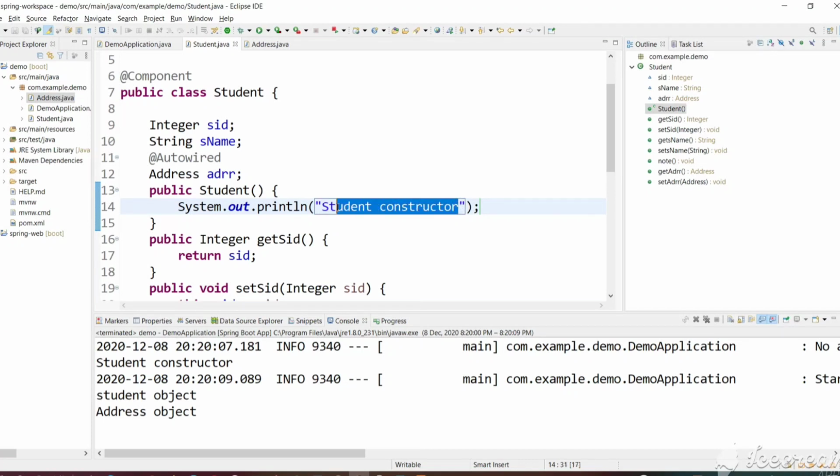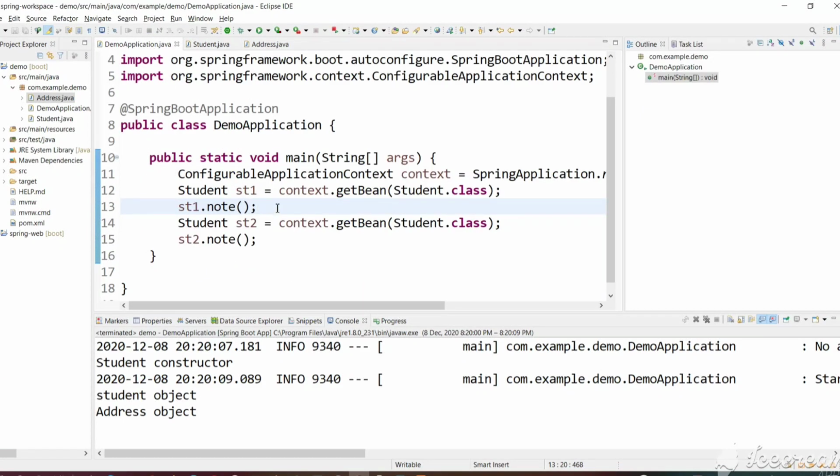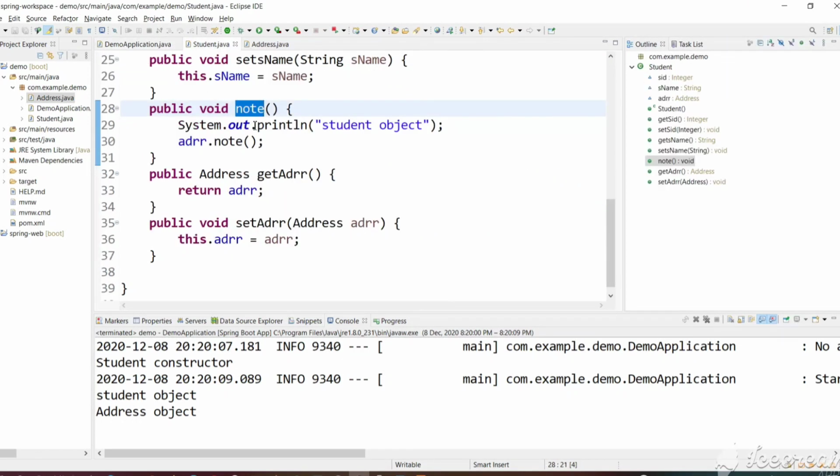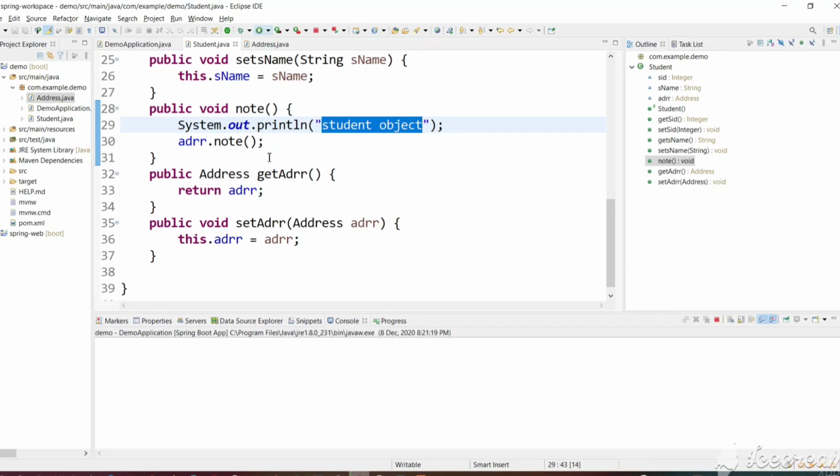If we get this output once, it means one object is created. If we get it two times, then it means two objects are created. So let's run this again. As we have called it twice, we would get this output twice if there were two objects. Let's run this project.